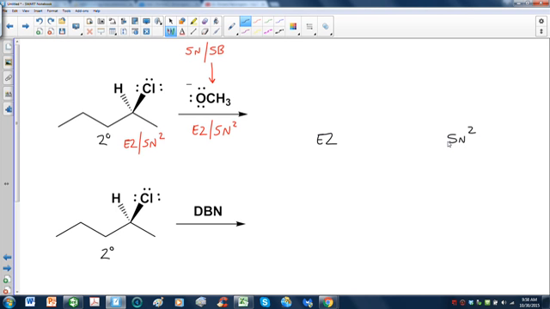Now the E2 product we know is going to be the, actually let's do the Sn2 first, that's the easy one, because we've seen this before. Remember, for the Sn2 reaction, all we do is kick out the leaving group and replace it with the nucleophile. But the thing we have to remember, all of you, is what happens to the stereochemistry in the Sn2 reaction. We know, well hopefully we know, that the nucleophile attacks from the opposite side of the leaving group. In other words,